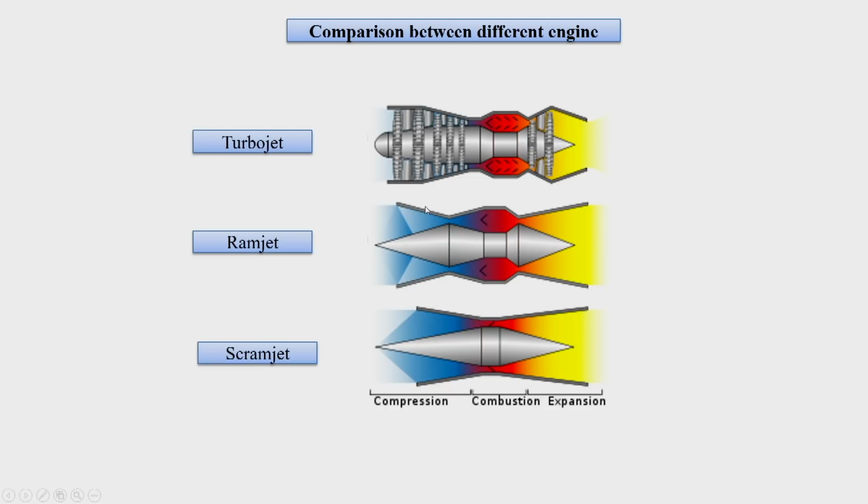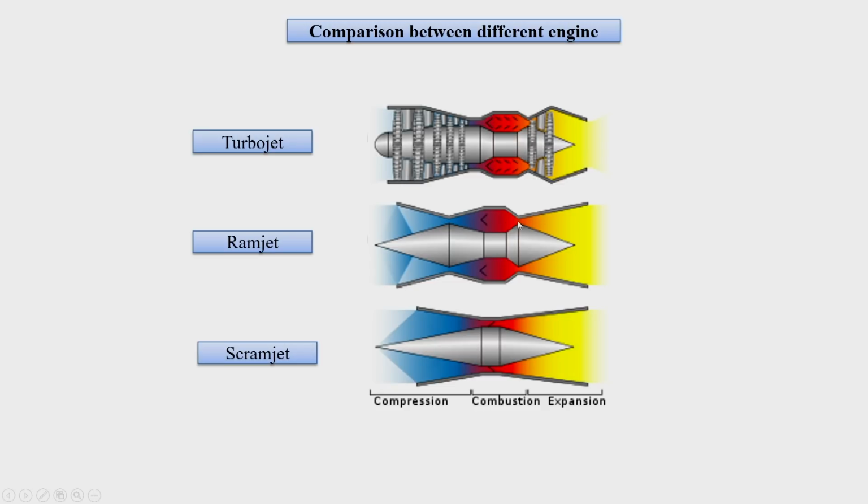So since it is at supersonic speed, this gas would encounter a shock system or shock arrangement while passing through the intake, which is deliberately designed to have shock, so that the gas would get compressed while passing through the intake shocks. Once it is compressed, it would raise its pressure to the desired value that the compressor would have raised in the case of a turbojet engine.